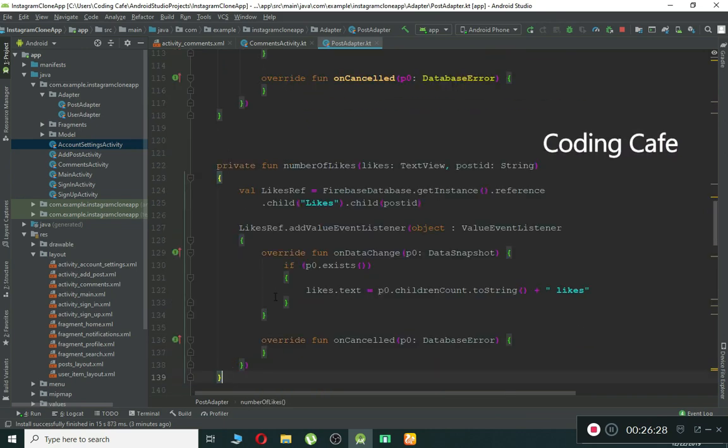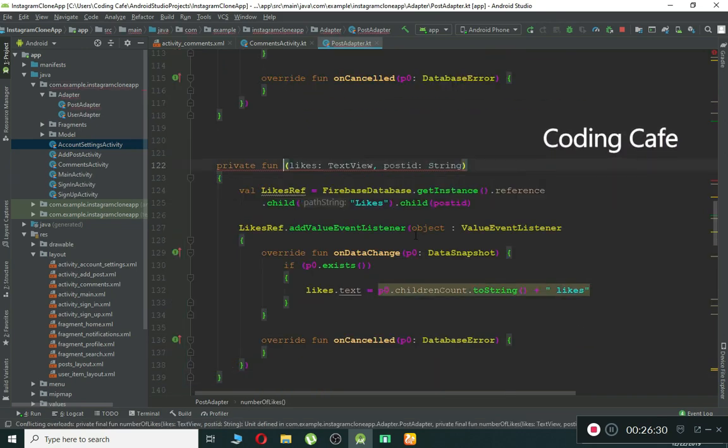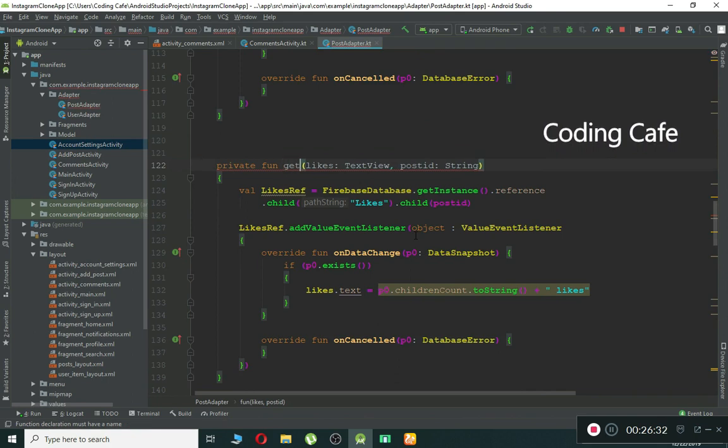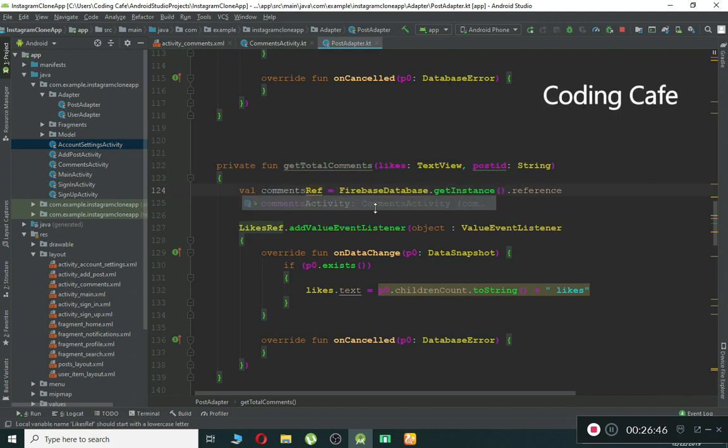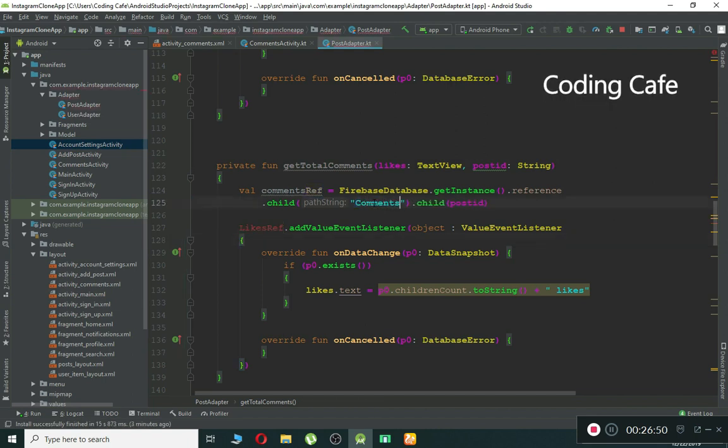Let's just quickly change the name of it. It will be get total number of comments, or whatever name you want to give to this, get total comments, and it will be our comments reference, and it is stored inside the comments node, which is the parent node for all the comments, and then dot child post id. So comments reference,